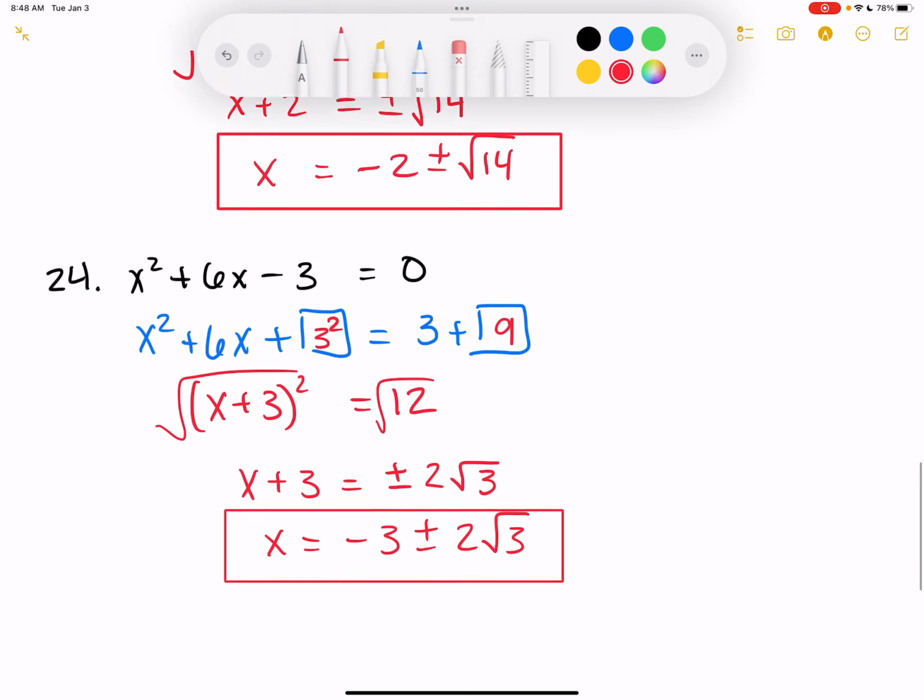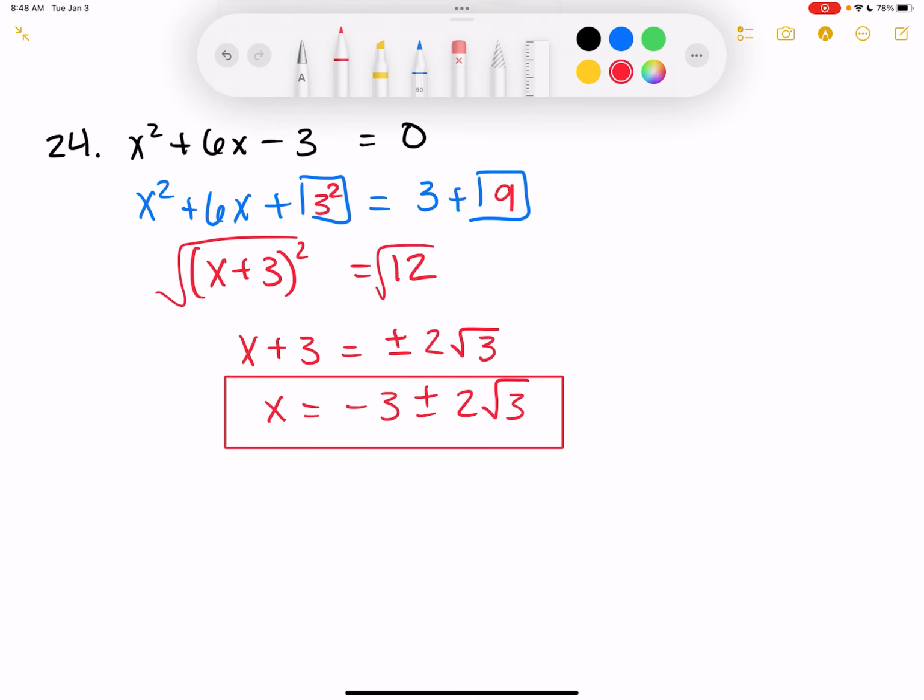Now, I think we had a brief encounter with i's prior to Christmas. So that can happen with these problems as well. If you end up with a negative under the radical, all you do is just take the i out front. So I'm going to do one like that really quick. So 26, we have x squared minus 18x plus